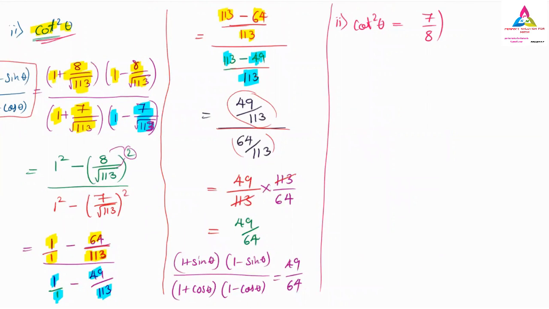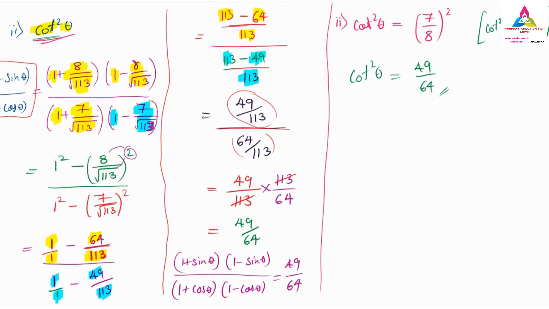The whole square we have. Cot square theta is nothing but cot theta the whole square. That is also the same. So cot square theta is nothing but, I will write it down here, cot theta the whole square. Both are similar, both are not different. So now 7 by 8 is the cot theta value. So 7 square is 49 and 8 square is 64. Obviously, if you see it clearly,